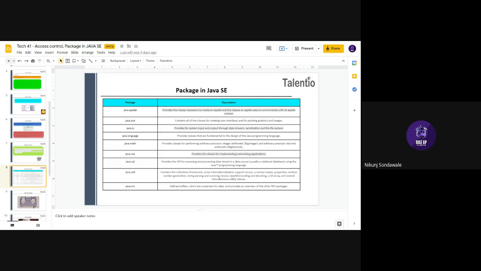Then comes the java.math package. It provides all the classes which you will require in arithmetic operations. There is another package called java.strictmath.